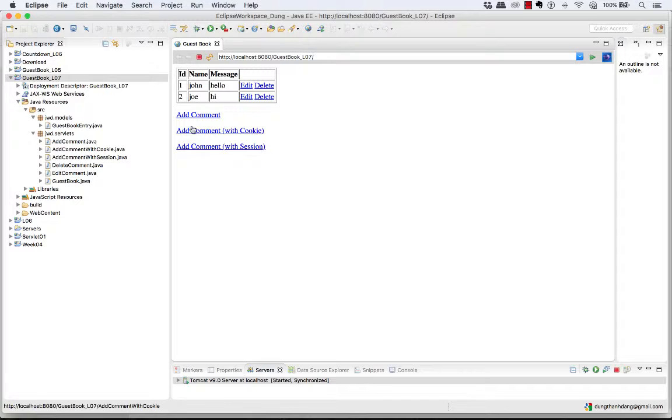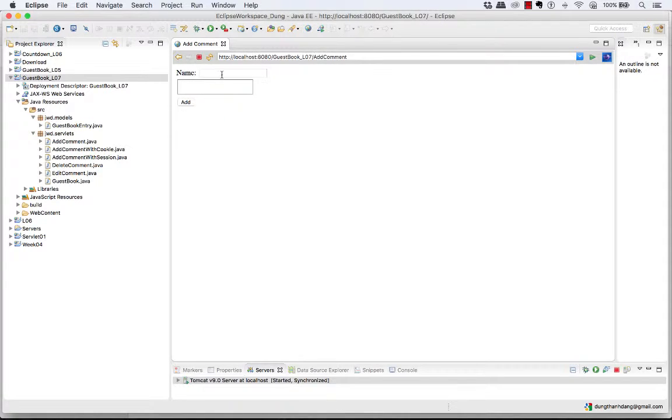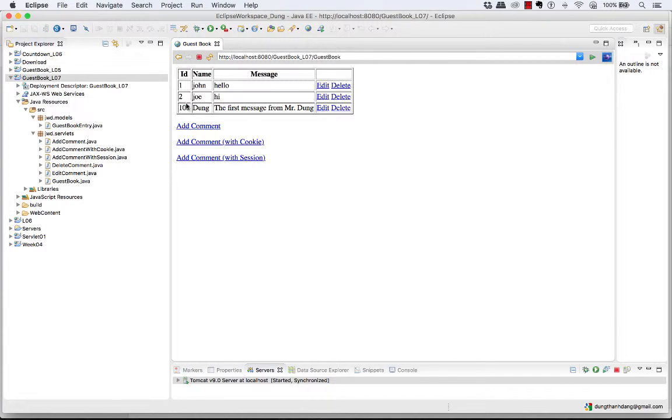So now we will perform add a comment or a message to this guestbook. Now I suppose I add a message from me. Okay, add. As you can see, the new message is added into this table at the bottom of the